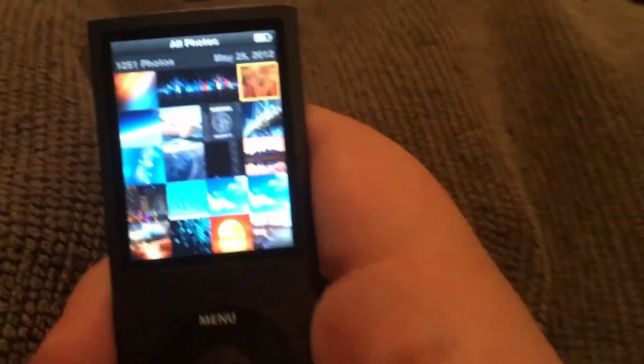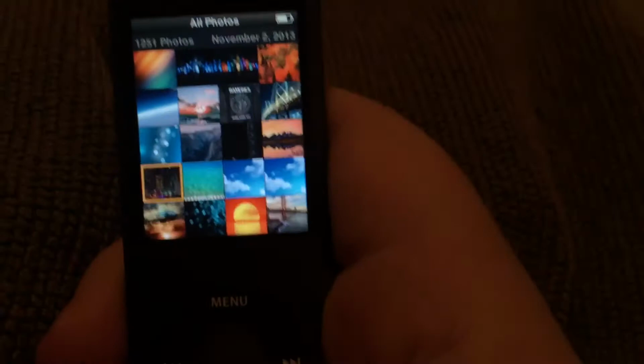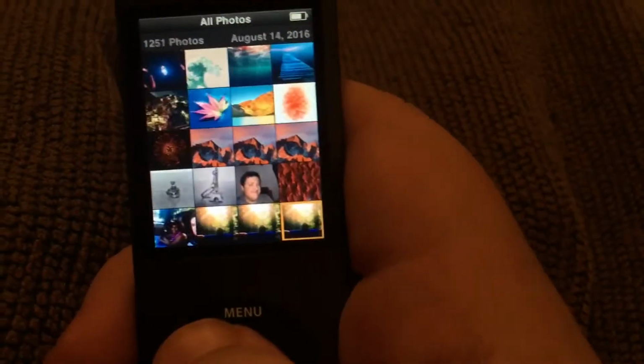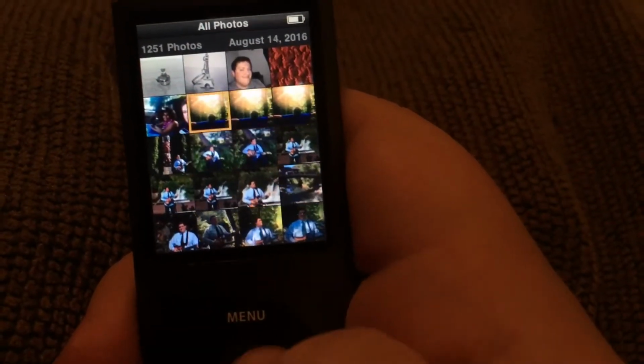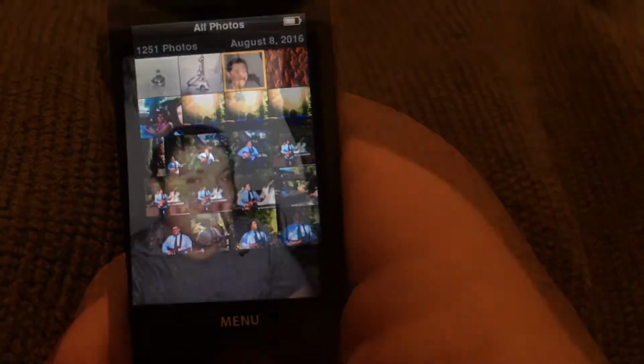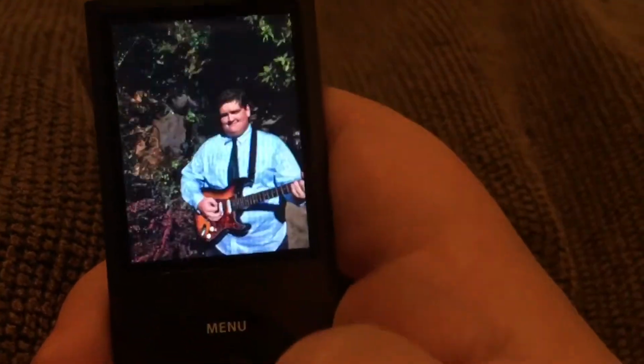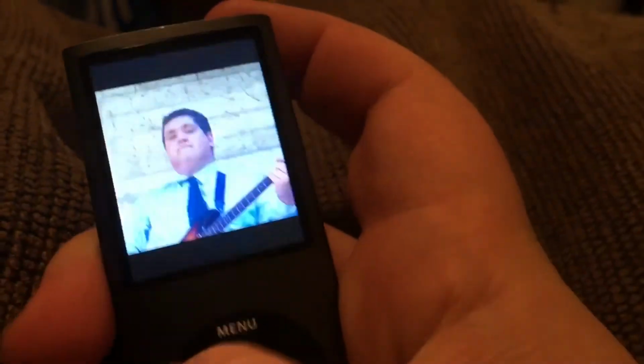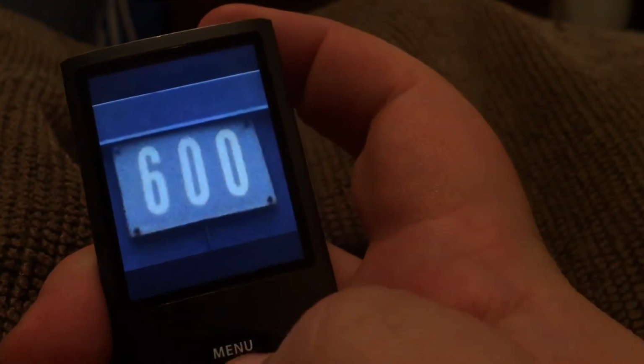Now, scrolling through photos on the iPod Nano 4th generation does work like a charm. You use your click wheel to scroll through them, you control the speed, and once you find a photo that you like, you can just select it using the center click. Now, the photos do look very nice on the screen. However, one thing that always kind of bothered me was the fact that you can't really zoom on the iPod Nano 4th generation. Now, this iPod Nano 4th generation does have an accelerometer,